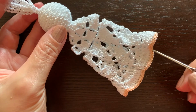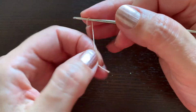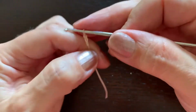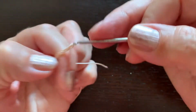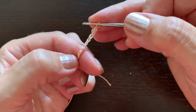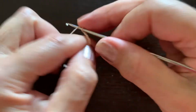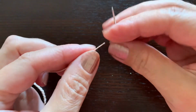And of course, I'm going to be using the same color thread. Making a ribbon is actually very easy. We'll just make chain 50 or so. You can make it longer, you can make it shorter. If you want to make it wider, you can also make a row of single crochet stitches along this, but it's not necessary. Now we'll use a needle